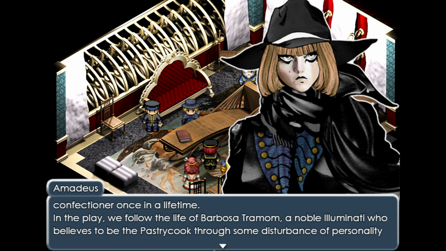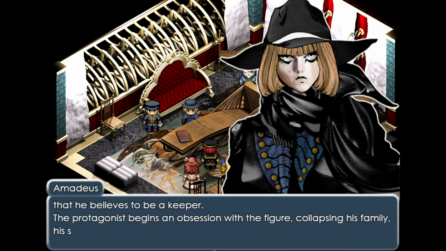In the play, we follow the life of Barbosa Tremont, a noble Illuminati who believes himself to be the pastry cook through some disturbance of personality. The protagonist begins an obsession with the figure, collapsing his family, his social, and his professional